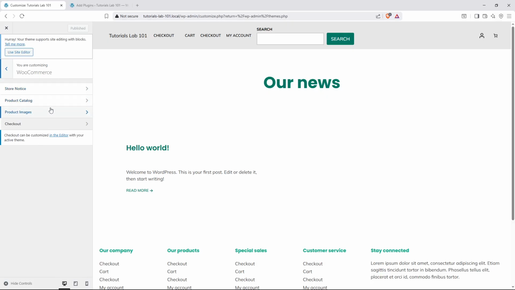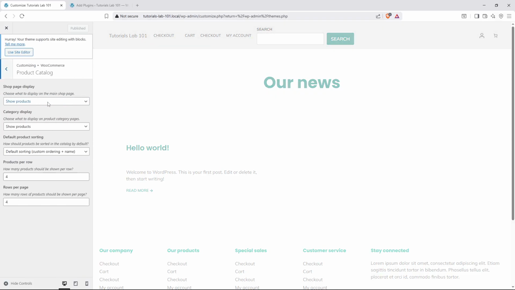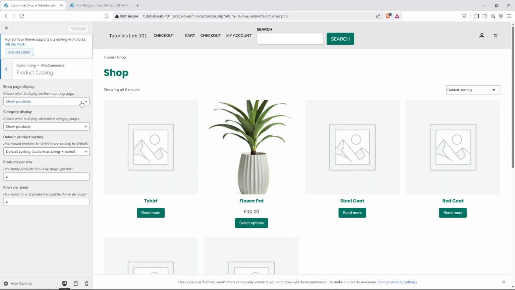Now from here, you can begin adjusting the product catalogs. You'll see settings that allow you to choose what the shop displays, such as featured products, categories, or specific collections. You can also set up the product sorting options, which determine how items are ordered on your shop page, whether by popularity, price, newness, or other criteria. These settings give you control over the customer's browsing experience and can significantly impact how easily they find what they're